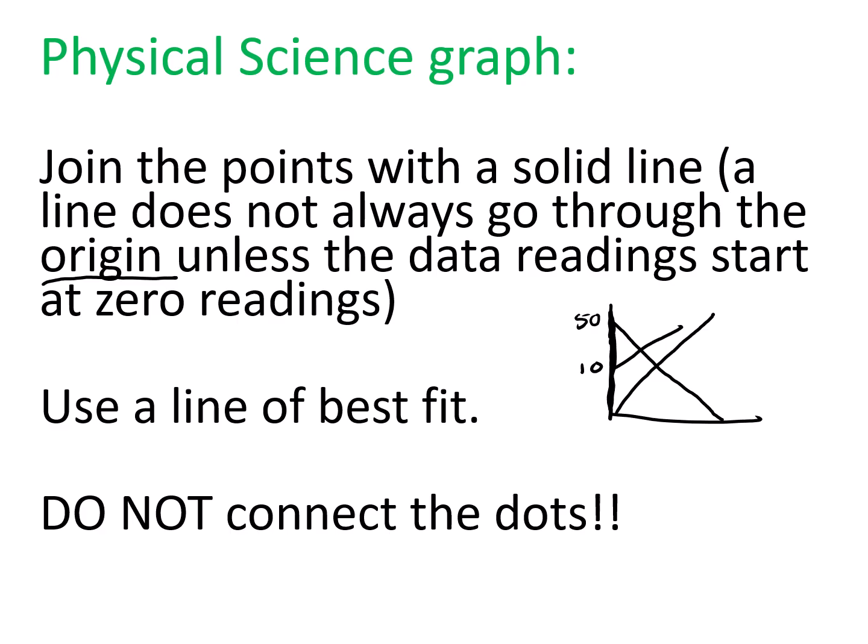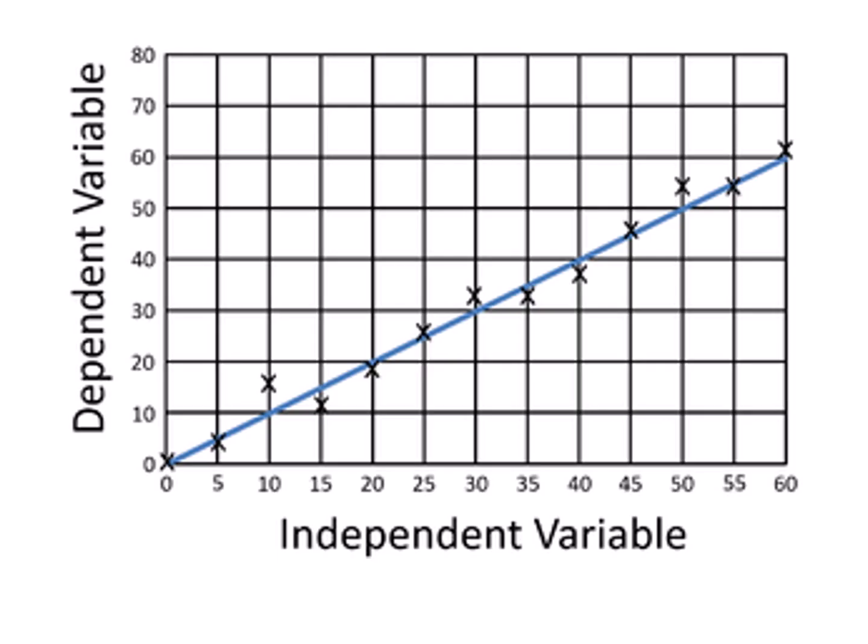We do not connect the dots. Okay, this is an example of a line of best fit. The beauty of a line of best fit is that in physical science, we want experiments to be perfect. We want them to be accurate. And in real life, that's not possible. So we have this line of best fit where our information should be. This is where our information should exist, on this line. But in real life, it doesn't work like that.